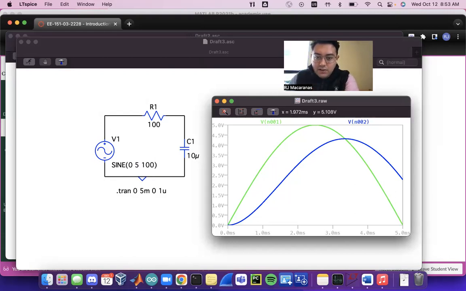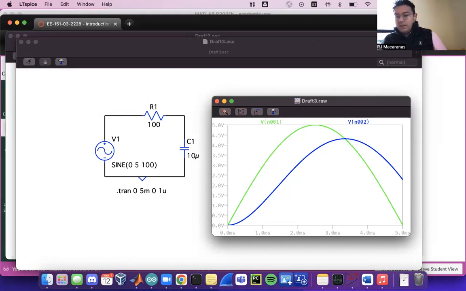And then here, we don't really need a measurement tool. We can just hover over where we think the max is. So our max input is about 5 volts. And then our output is about 4.8 volts. And then going back to this,